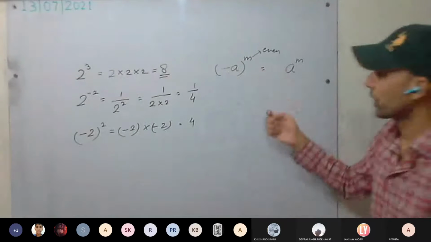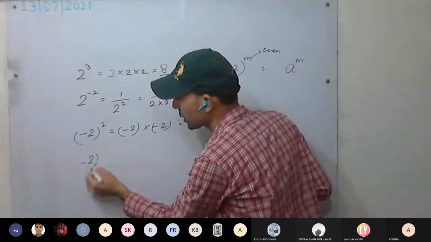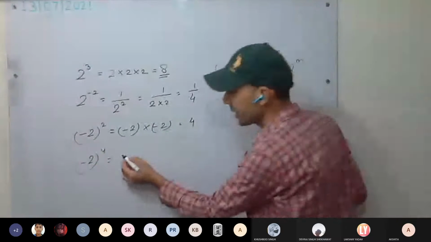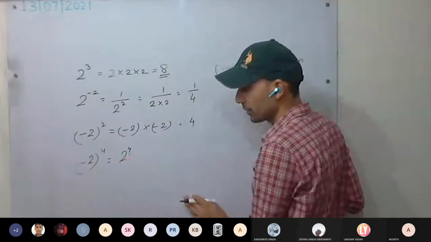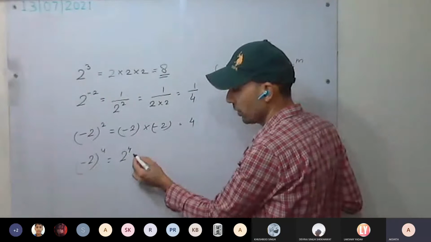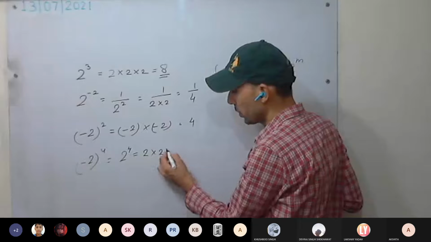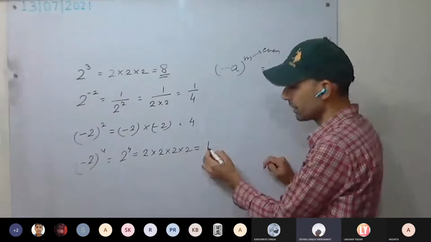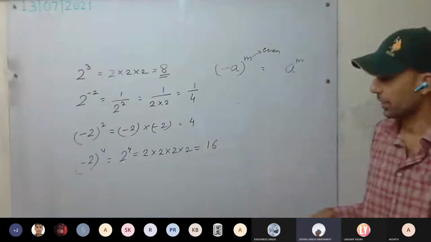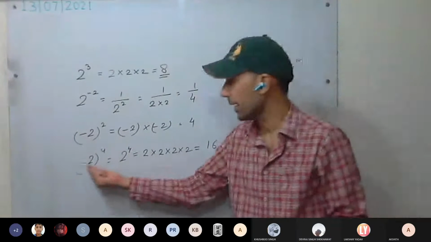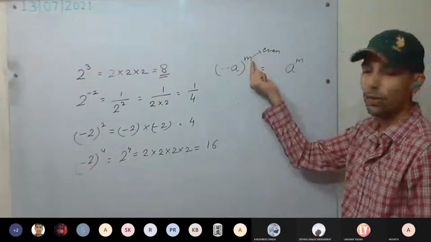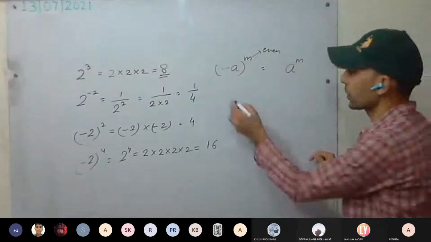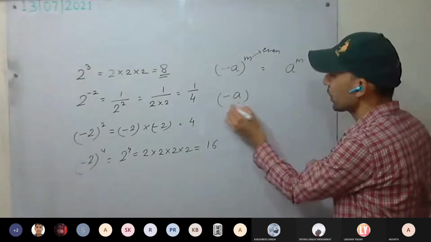Minus 2 raised to power 4, how much? Can we write it like this, 2 raised to power 4? Yes or no? It is 2 into 2 into 2 into 2, how much is it? 16. So any negative number raised to an even power will be positive. Minus a raised to power m, if m is odd, then